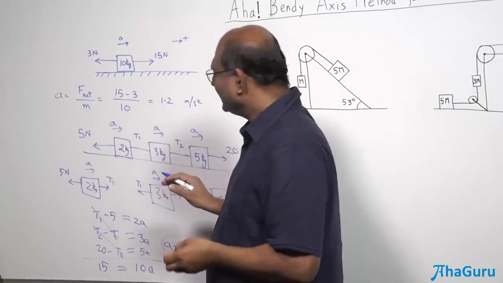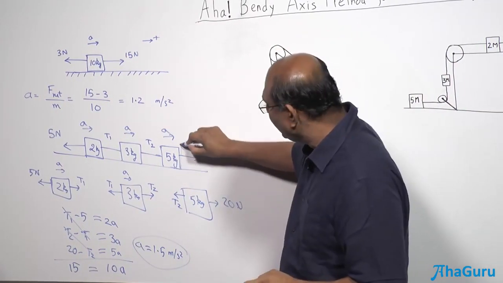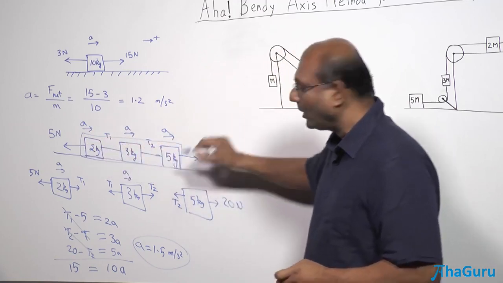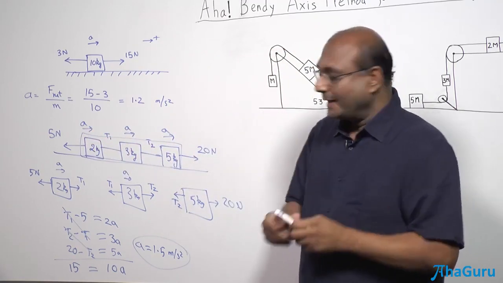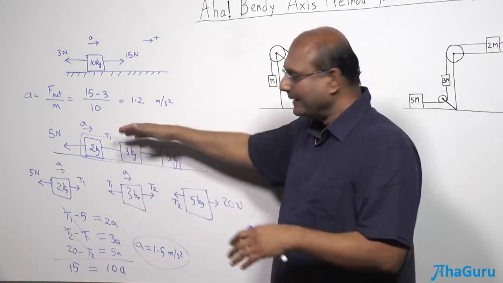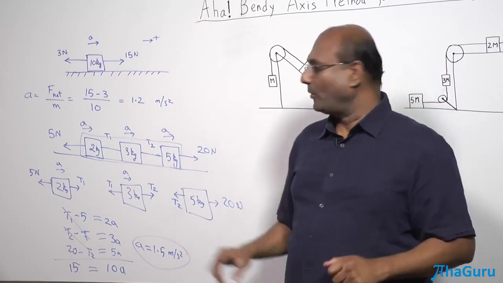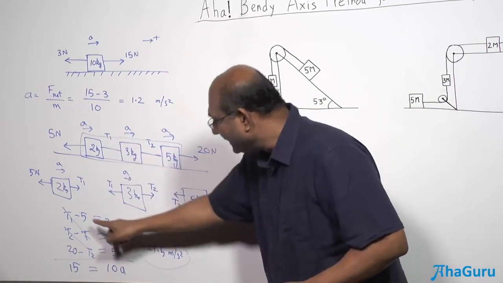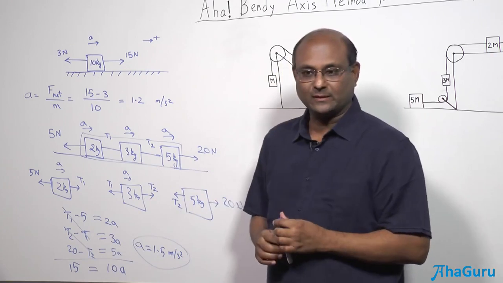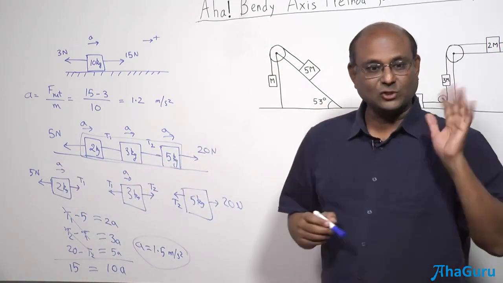Okay, so is there a shorter way to do this problem? Yes, why don't we just treat this whole thing as one big block? Now when you do that, this T1 and T2 information is lost. Okay, later we will see how you can actually find T1 and T2 also using the same method. But the main point is right now, you can find T1 and T2 because they are all sitting in this equation. But I don't want to do all this. Suppose I don't want to do any of this. Is there a shorter way?